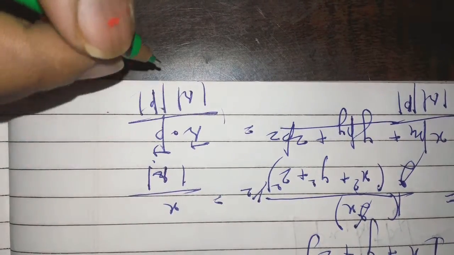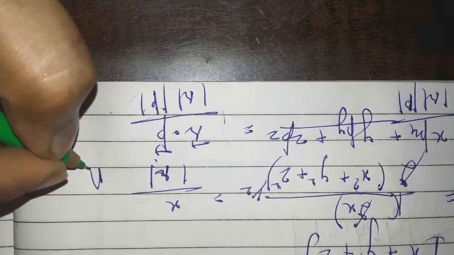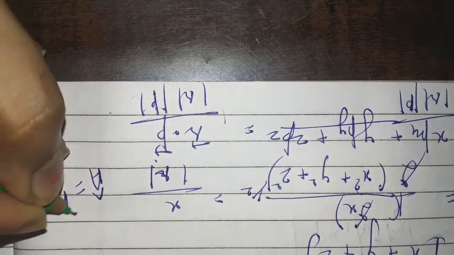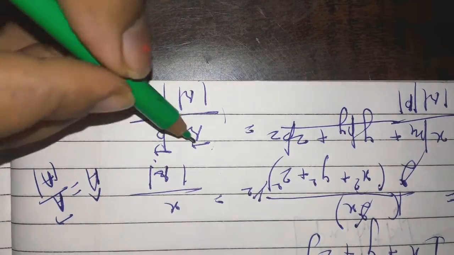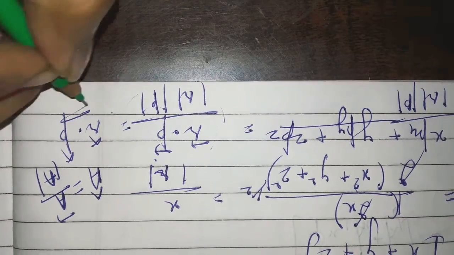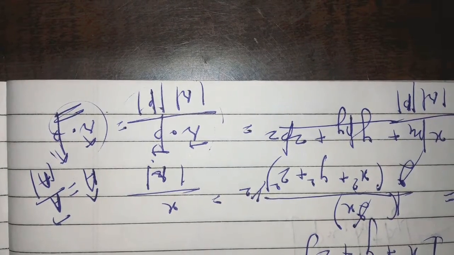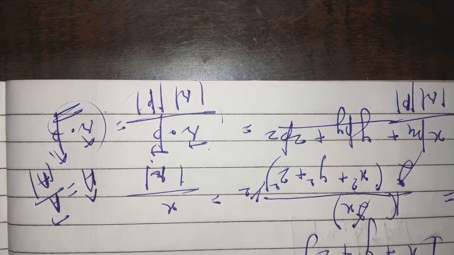This is the definition of a unit vector. What is a unit vector? A unit vector is a vector upon its magnitude. In a similar way, this vector upon its magnitude means that it represents r dot p vector. That is your answer. You can check it yourself once. Please try it yourself, then you will have confidence.